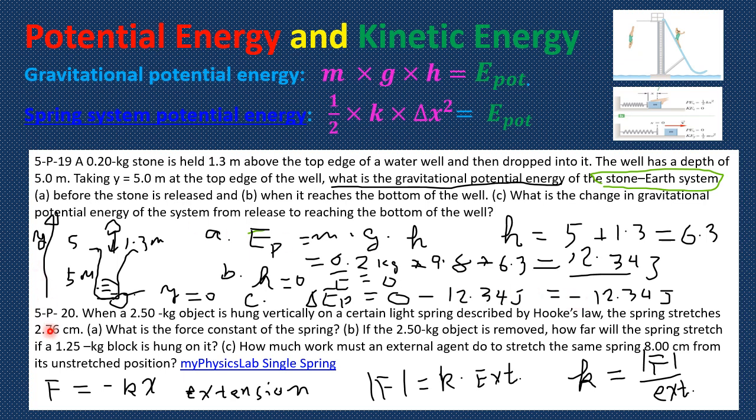Now, the next question is the spring. The spring has this potential energy, half kx squared, the potential energy we discussed in class. Because you stretch it, it has energy, because your hand does work, force times distance. Your energy is transferred to the potential energy this time, and it is proportional to delta x squared.